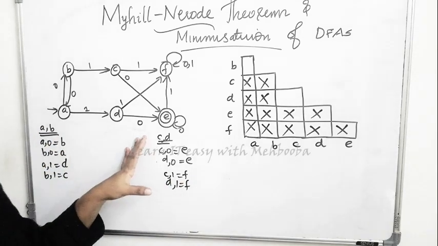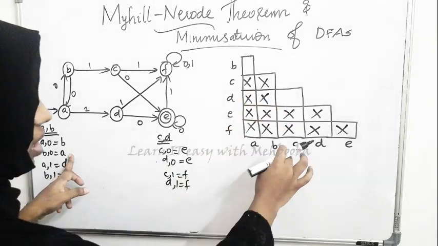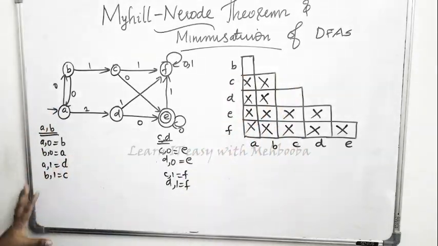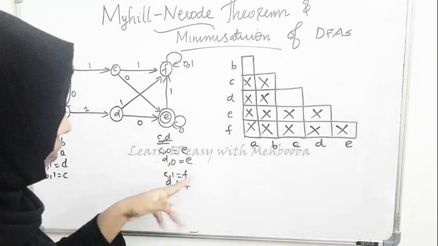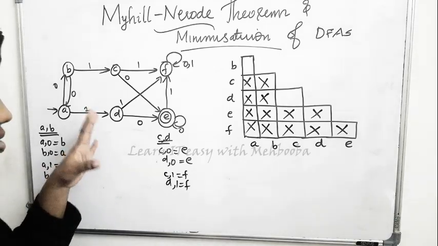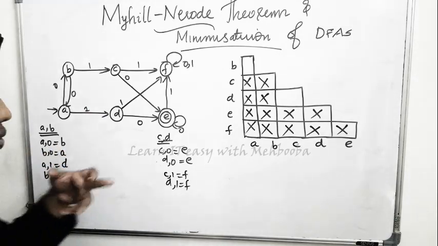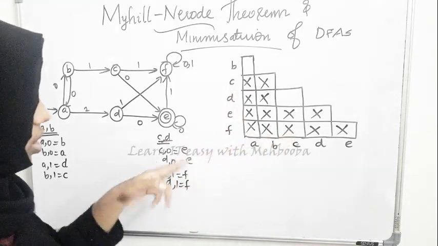These are the 2 unmarked pairs. AB. AB is giving me the pairs AB itself and CD. Both of them are not marked. So I can't mark AB. Again CD, I can't mark CD because none of these pairs are marked. Again one more iteration for AB. I don't see any marking for AB or CD, so I can't mark them. For CD also I don't see any marking for these output pairs.